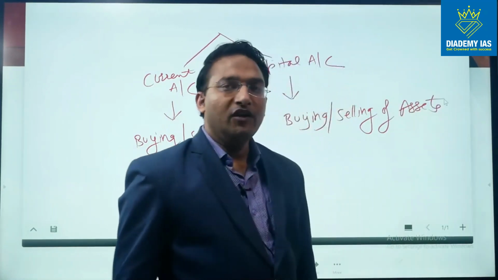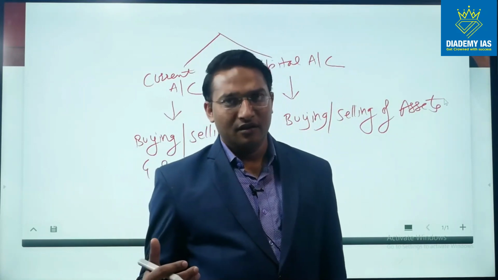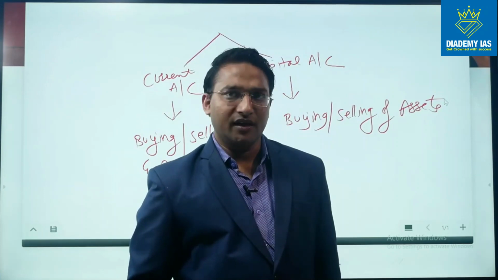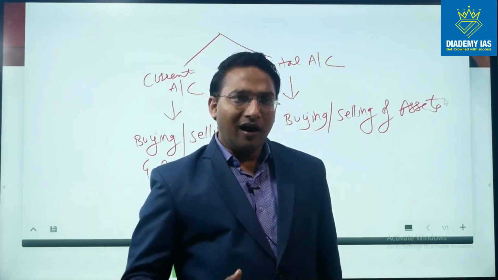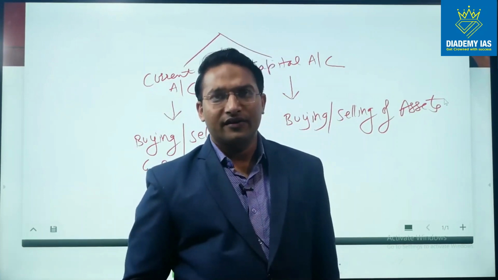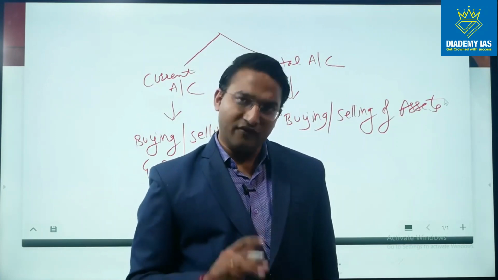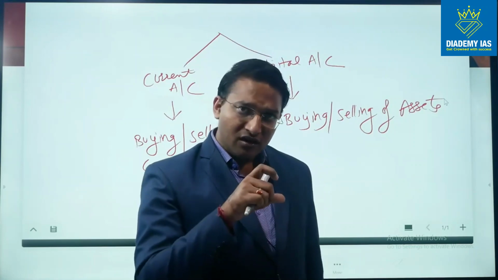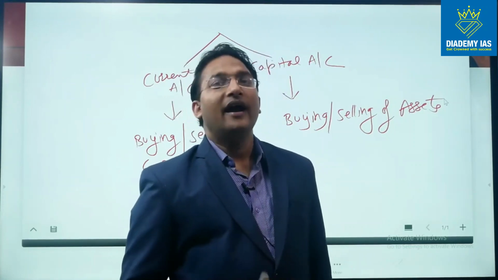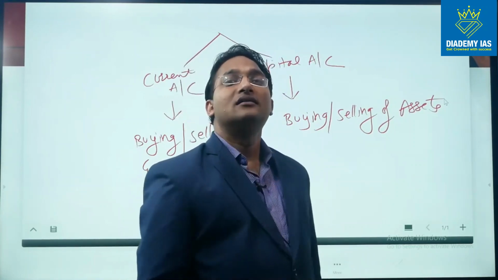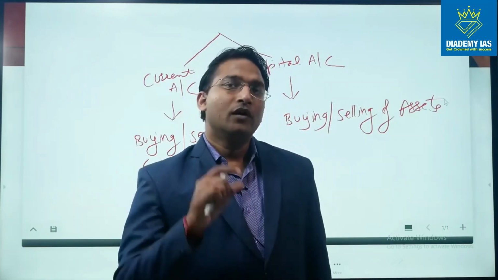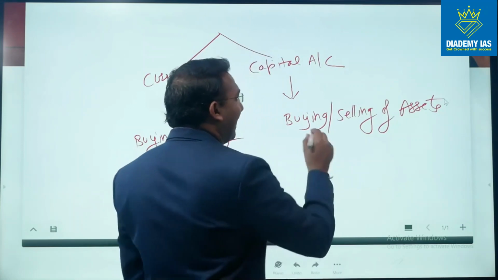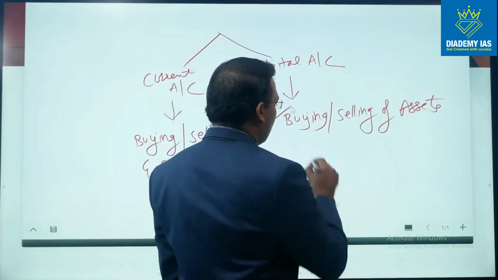So if I am an Indian citizen and I want to buy a house in the USA, I will send Indian currency and buy US dollars from that currency. First I will convert Indian rupees into US dollars, and from that US dollar I will buy the home in the USA. That transaction is called a capital account transaction. So buying and selling of assets across the border.